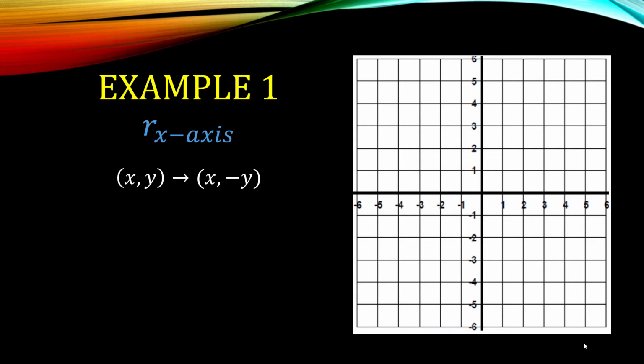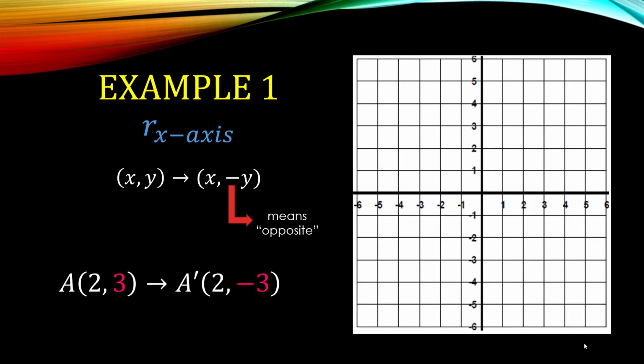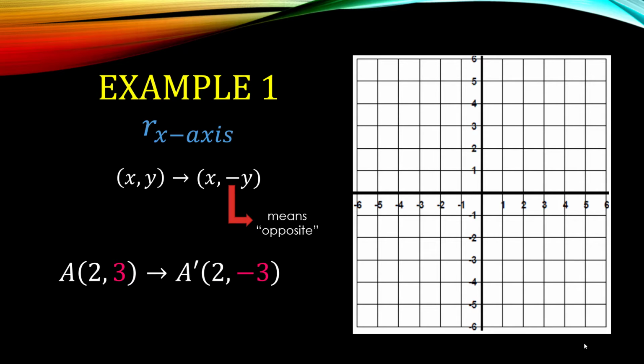So example 1, we have the formula for reflecting across the x-axis. And it simply means that we're going to take our original ordered pair and the y-coordinate is going to become opposite. So you can think of that negative sign as making it opposite of what it was before. An example would be the point A, (2, 3). So here is the point A, (2, 3)